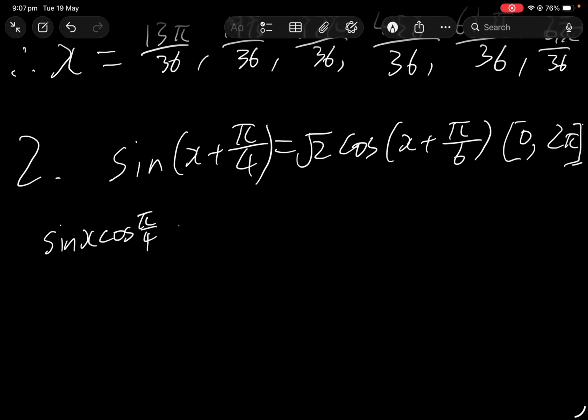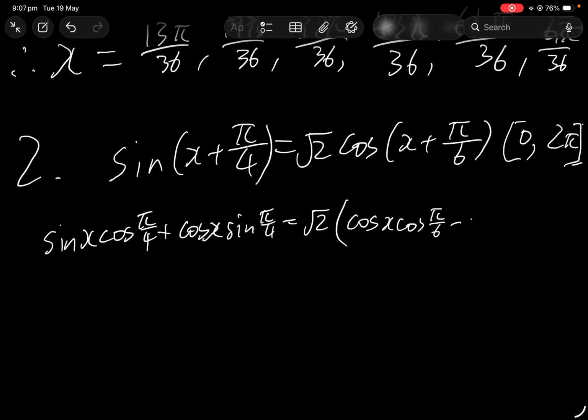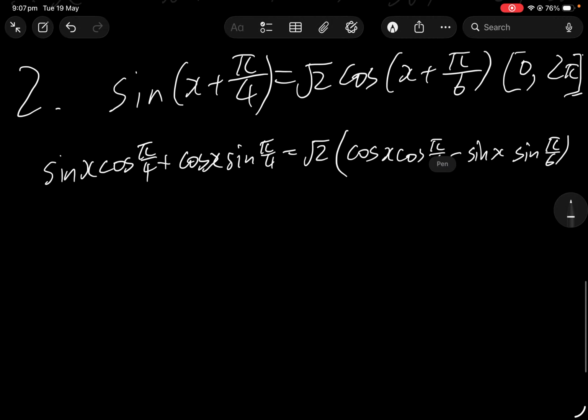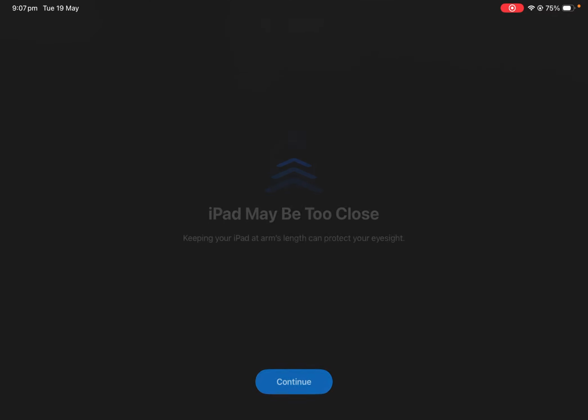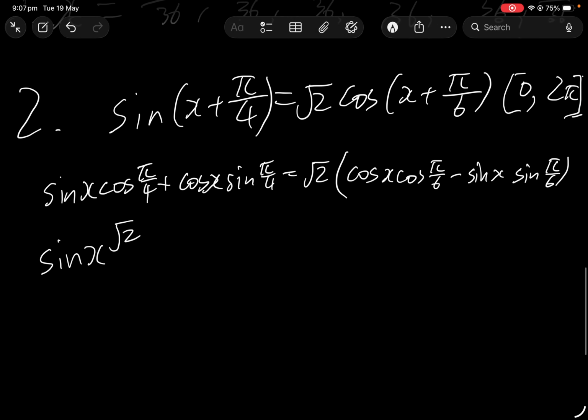Sine x cos pi over 4 plus cos x sine pi over 4 equals square root 2 times cos x cos pi over 6, and the signs flip because it's cos, minus sine x sine pi over 6. That becomes sine x of square root 2 over 2 plus cos x square root 2 over 2 equals square root 2